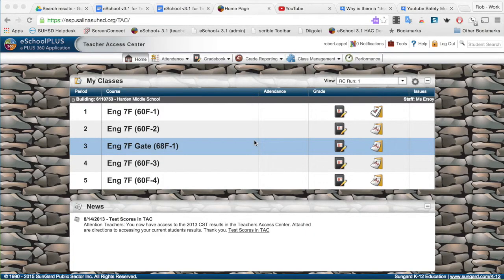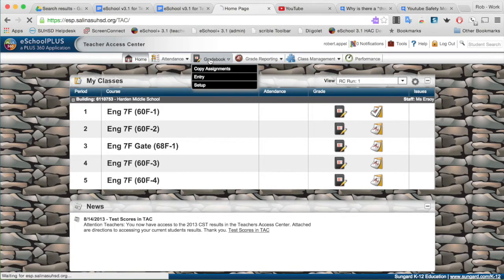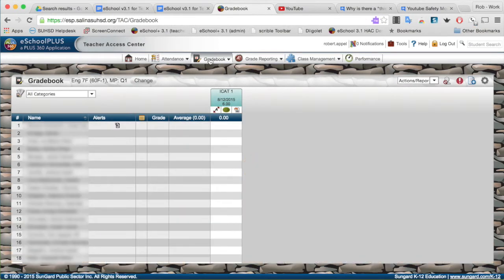Show some additional features of eSchoolPLUS 3.1 that you want to be aware of. First, we're going to talk about how the new version handles student information and your ability to quickly get at student information. The first thing we're going to take a look at is how it handles IEPs and other attachments to the student record. So I've just opened up the gradebook here for a particular class, and if you look